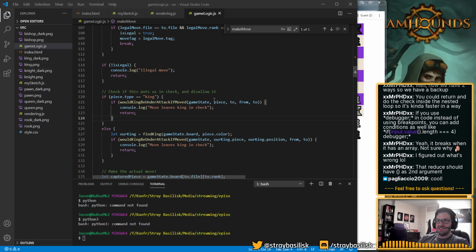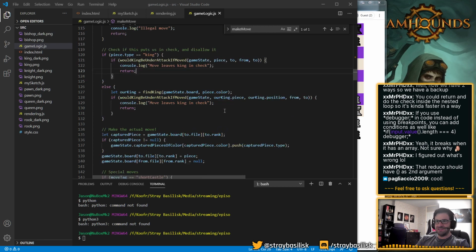So yeah, this is a bit funky. We simulate the piece move, but it's slightly different for the king because we need to see if they're in check, not in their current position, but in their hypothetical position. So we simulate that move and then check if in the new position they are. It's kind of a factor of the fact that we keep passing the piece and the position, and they're not necessarily in sync, because the pieces don't know their own position. That's only inferred by their location in the grid.